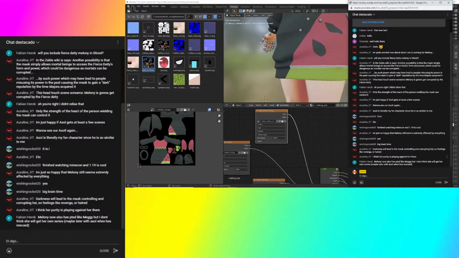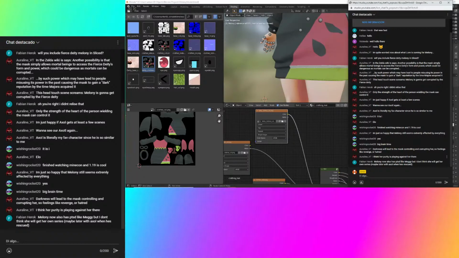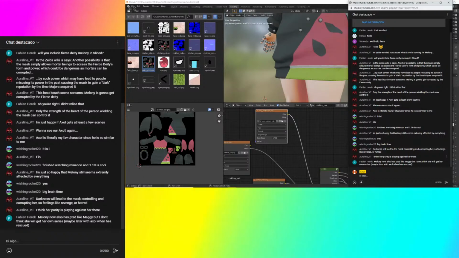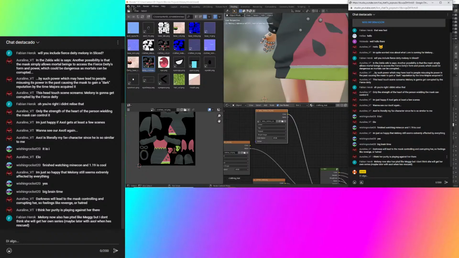Darkness will lead to the mask controlling and corrupting her, so feelings like revenge or hatred. I mean, see, looking at the beginning of the new episode, she has that feeling of revenge. Melony now also has PTSD like me, but I don't think she will get her own series. Maybe later with Axel when he's just. I mean,